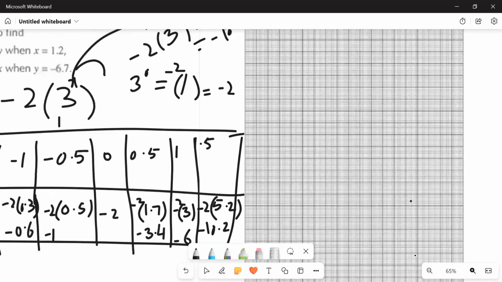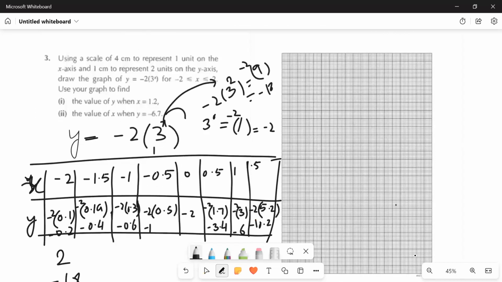Okay, now all points are negative, so the graph will be downward. And now the points are from minus 2 to 2, so 4 centimeter to represent 1 unit. So it will be,